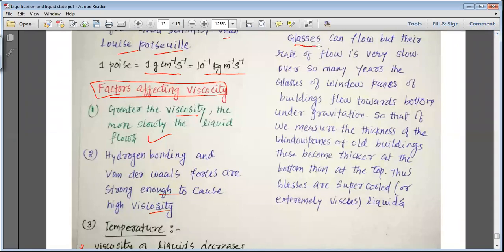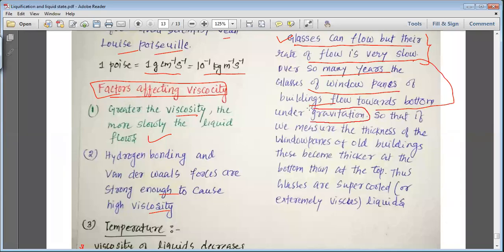Now remember, whatever I say, glasses can flow. So glass can flow, and that is why we can call them liquid. So glasses can flow, but their rate of flow is very slow. So they flow very slowly. Over so many years, the glasses of window panes of buildings flow towards the bottom. They flow towards the bottom under the gravitational force,